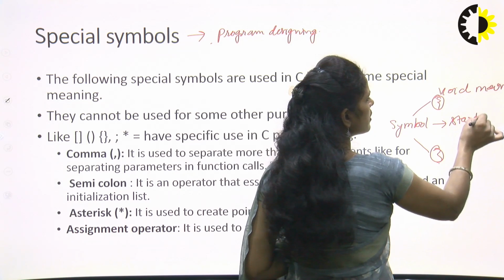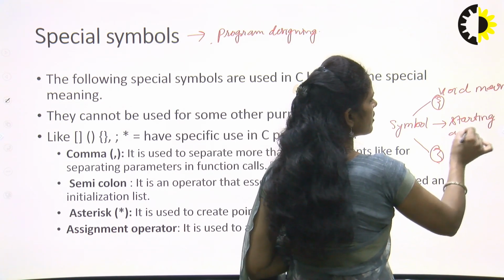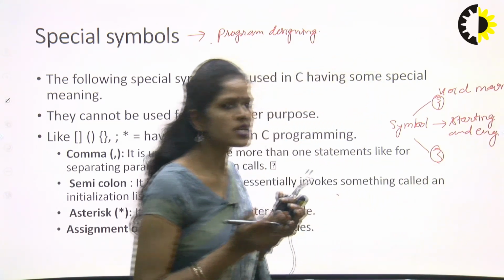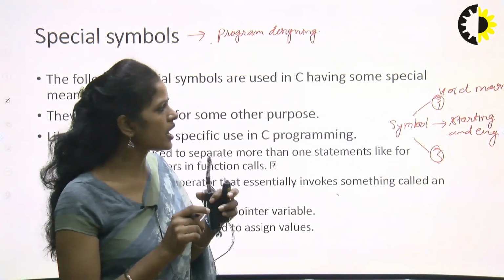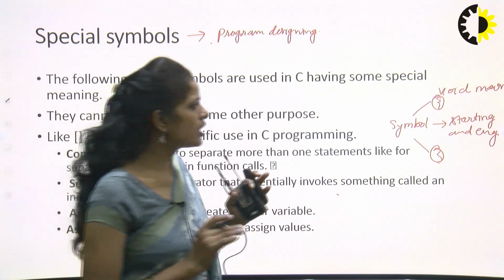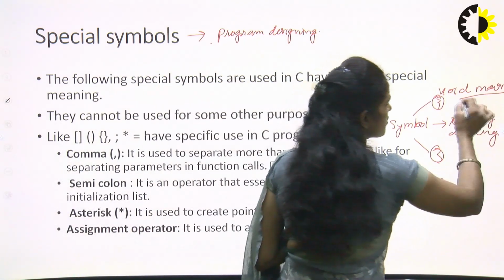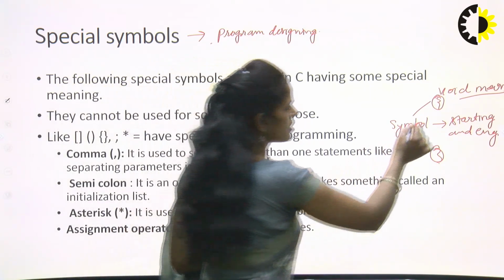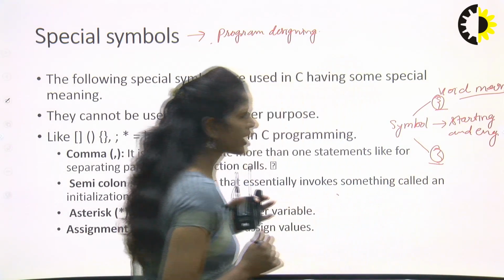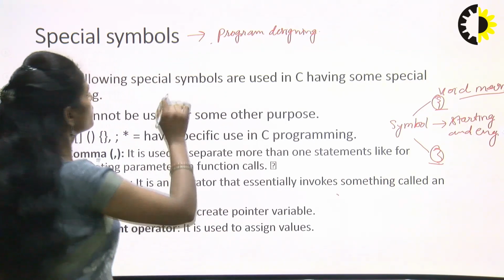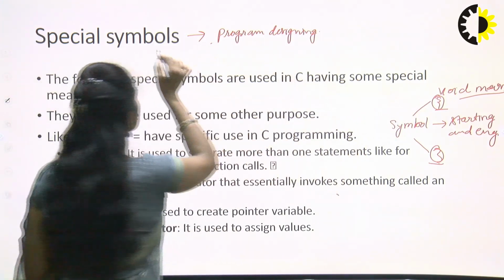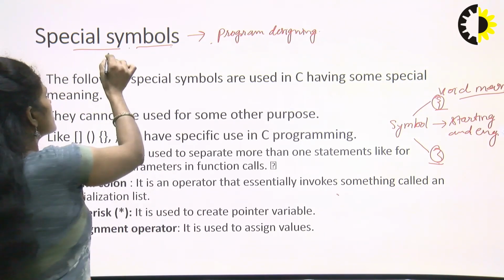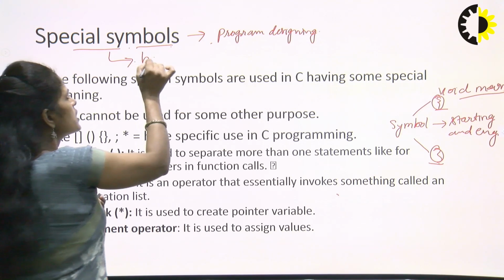starting and ending of the program execution. Starting and ending of any particular program, which we may call a function, right? So this is the starting and this is the ending. This kind of symbol is known as a special symbol. As the name itself specifies, these special symbols have a special meaning,